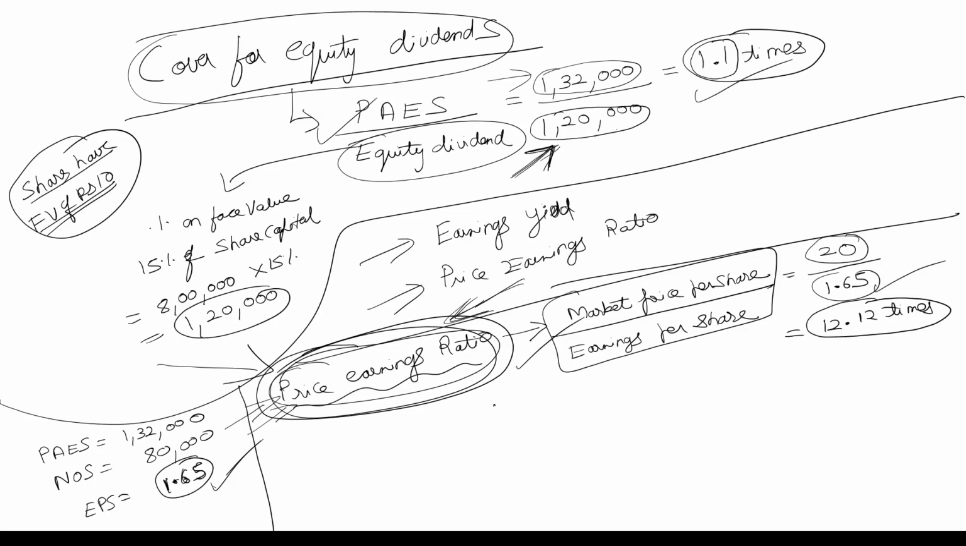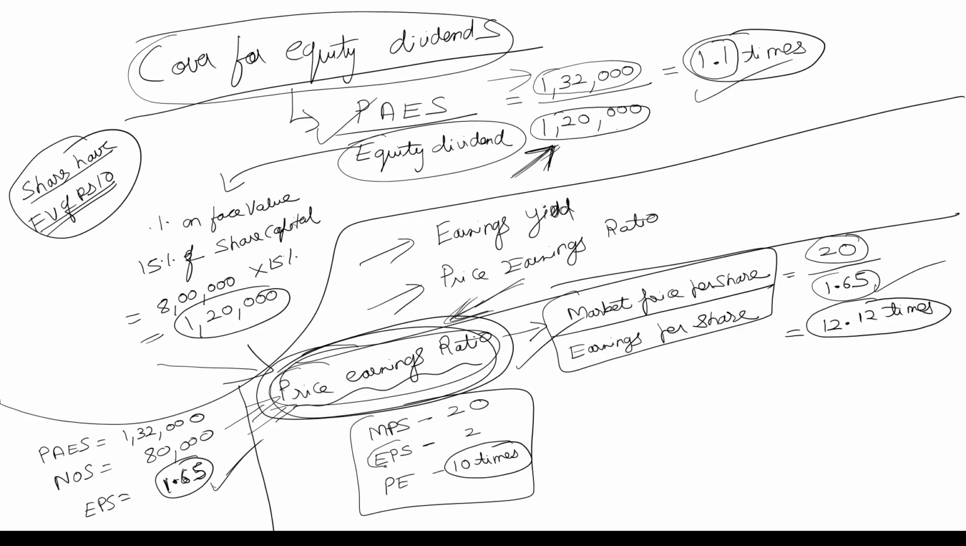Let us take an example. The market price of a company's share is 20 and the earnings per share for this company is 2. This would mean, based on our definition, the PE ratio would be 10 times. The meaning of this is,